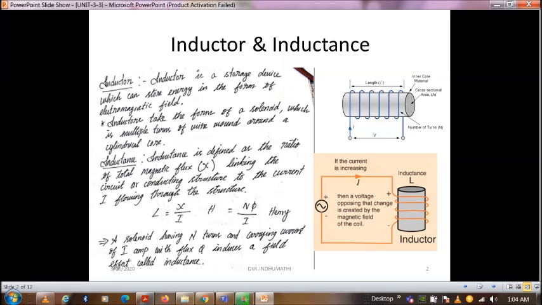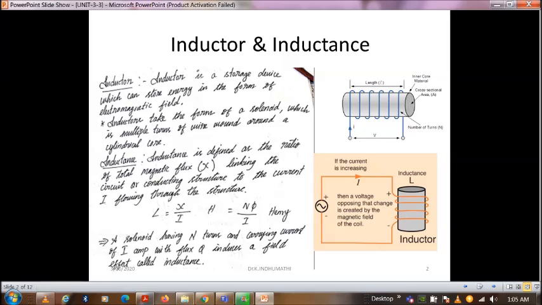So an inductor takes the form of a solenoid, which is multiple turns of wire wound around a cylindrical core, as shown in the first figure, where the length of the core has to be considered, the cylindrical core and its cross-sectional area, the inner core material, and the wire which is used to wind over the cylindrical structure, with its number of turns as N. Current is made to pass over it, and the corresponding voltage created because of this current is also noted to find the inductance.